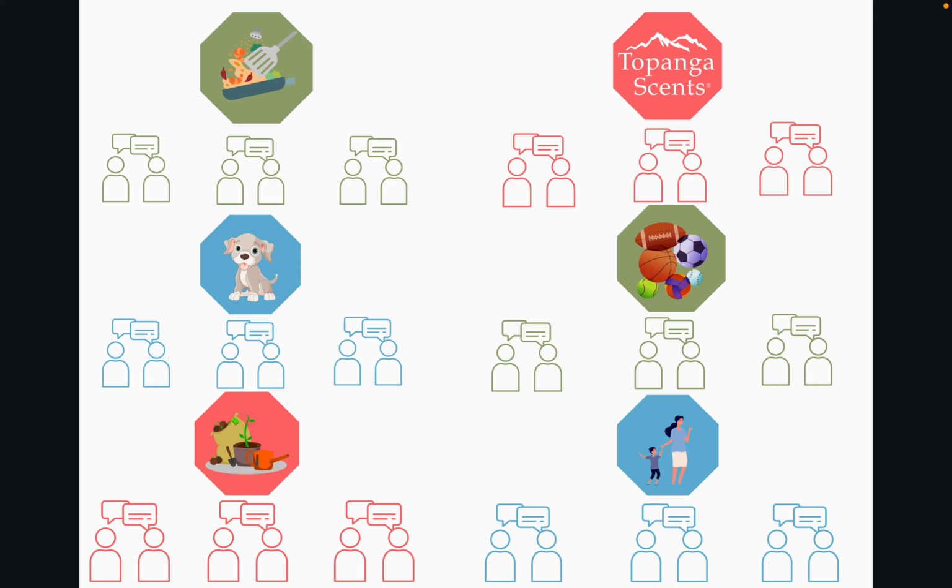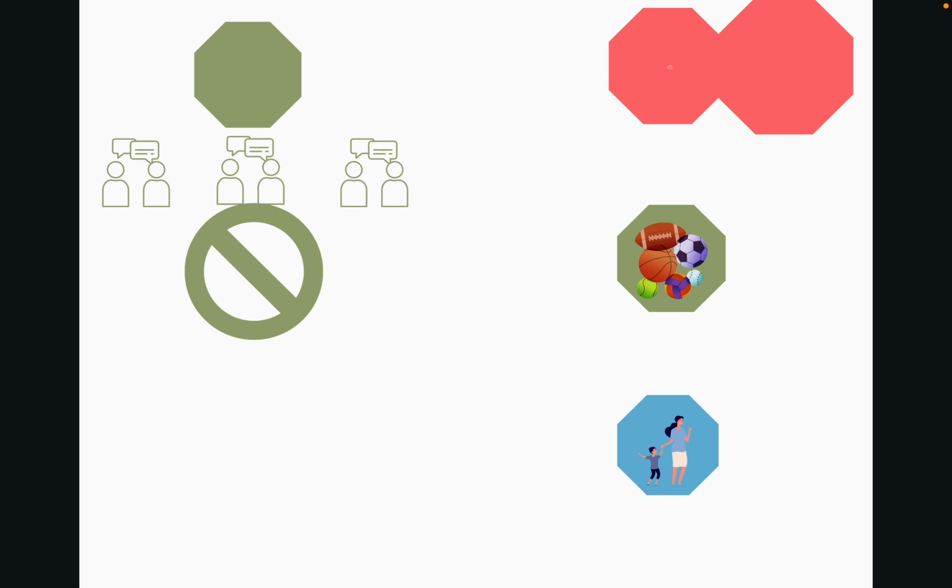And the same goes with your Topanga Sense posts. Not everyone may appreciate your occasional business posts, but if they know they're still going to see your post about family, which is what they get out of your page, why they enjoy coming to your page, or what they enjoy seeing on their news feed, then they're going to stay there. But it's very rare that everyone appreciates all of your buckets. But as long as you're keeping it varied and you're continuing to feed them the content that they came for, the reason that they enjoy your page, then they're going to keep coming back.